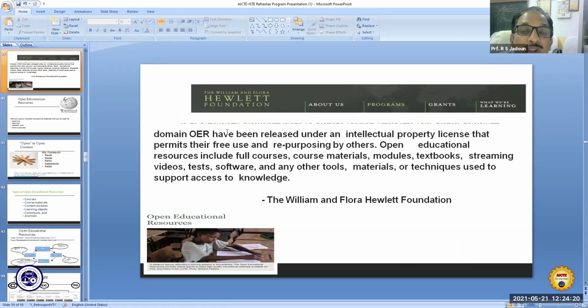The domain of OER have been released under intellectual property license that permits their reuse and repurposing by others. Open educational resources, you will find full courses, course materials, modules, textbooks, streaming videos, tests, software, all are available.